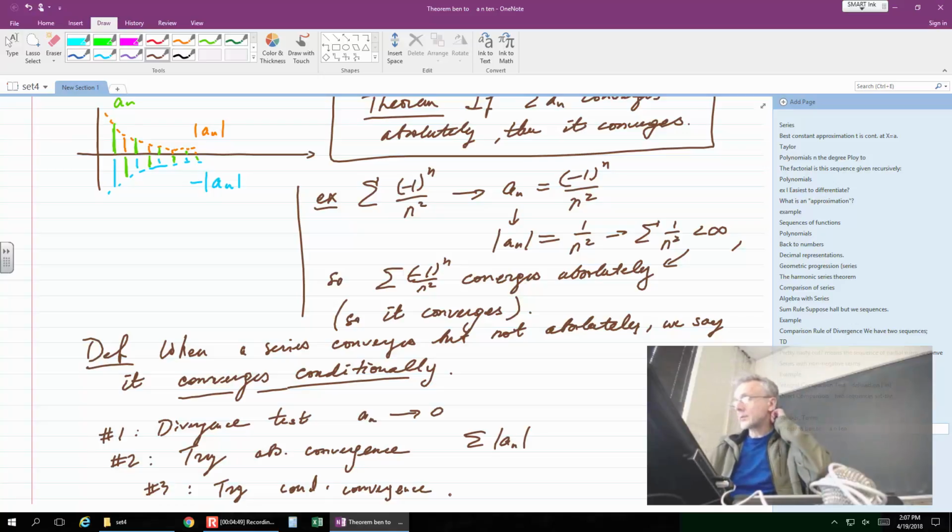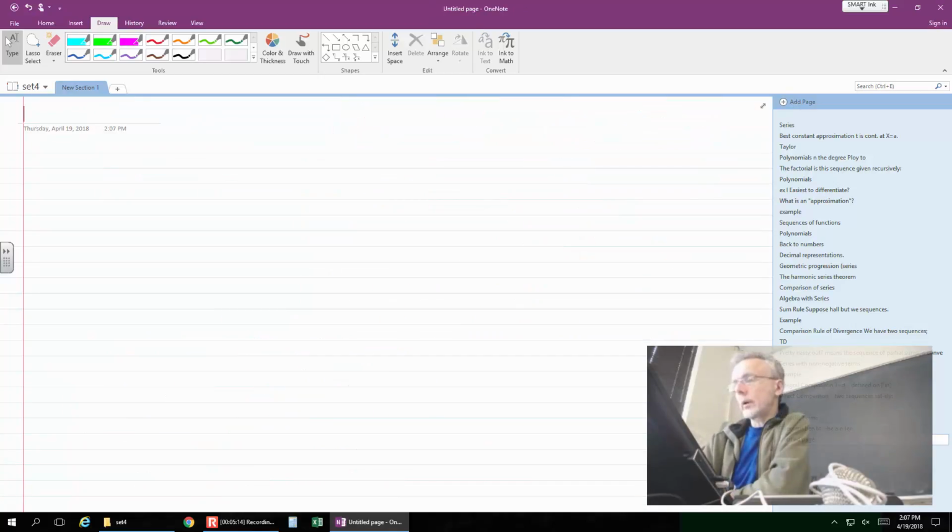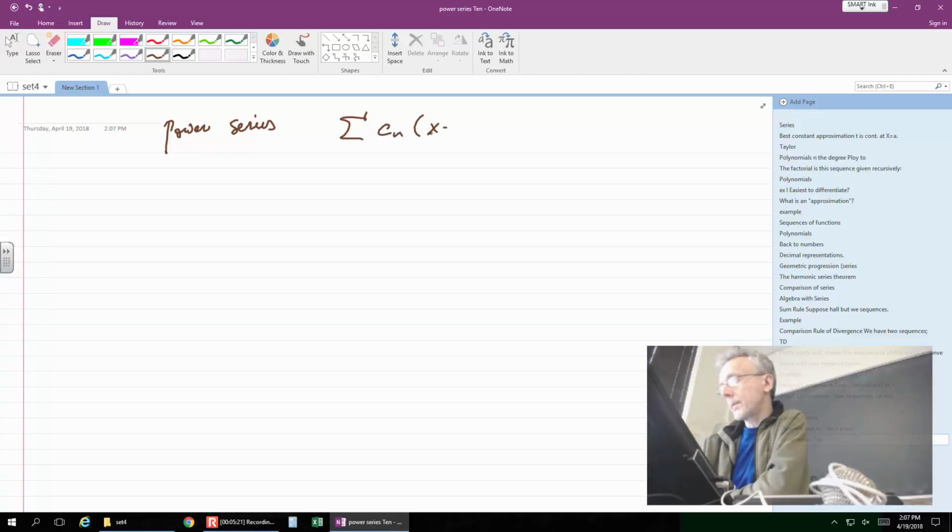Whenever we encounter a specific series, it might be timely to go back to where we started and make sure that we don't forget where we started. We started with approximations of functions with Taylor polynomials or power series, generally speaking. So how does it apply to those? We have a power series, which looks like this. It might or might not approximate something.